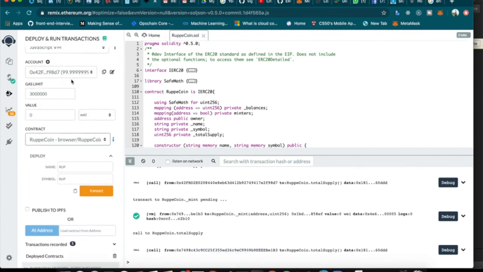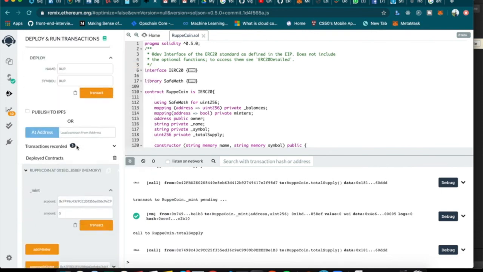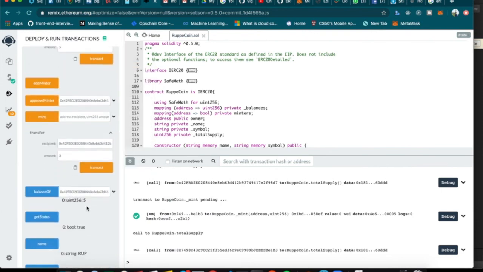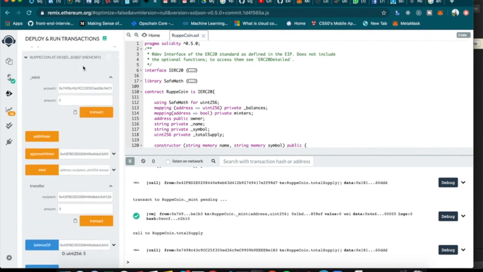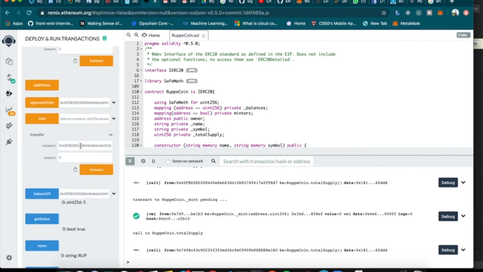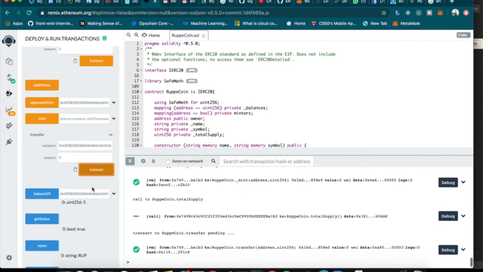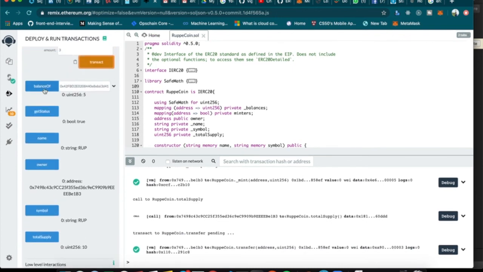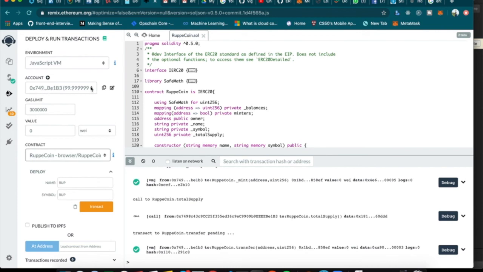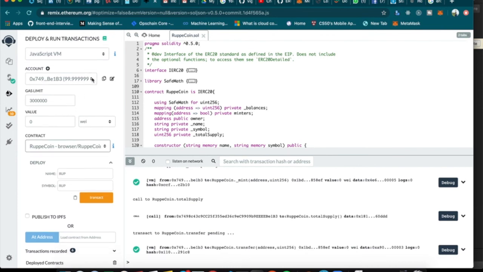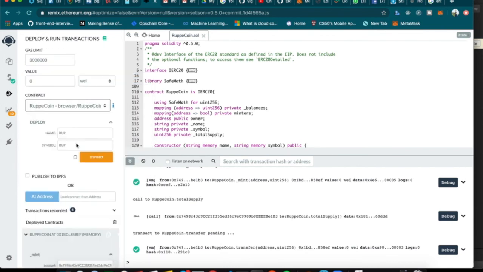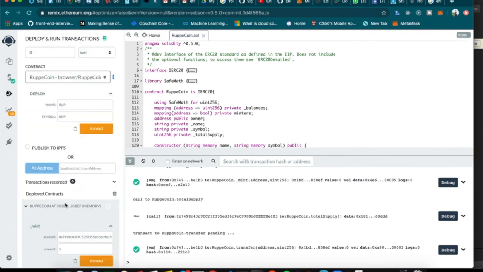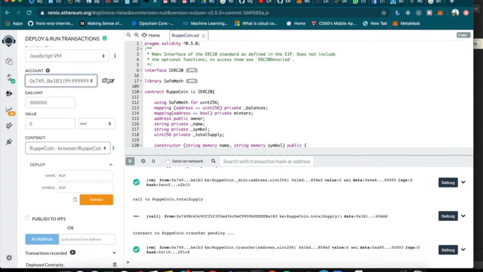I'll log in first and transact this transfer. Now his balance should reduce, so we will log in as the first user, and his balance should reduce to 2.